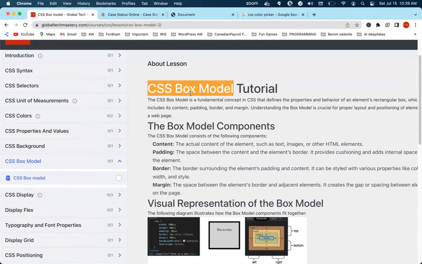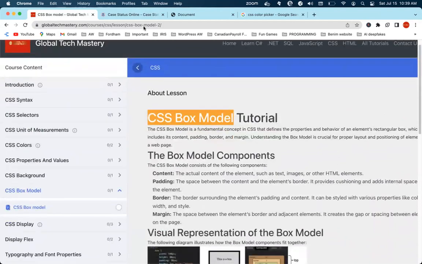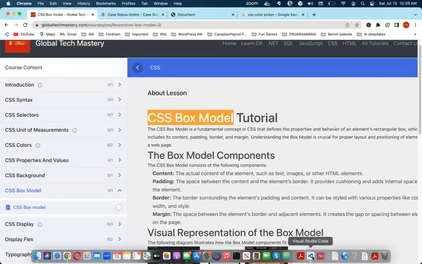Very, very easy. There is nothing you will do amazing things, guys. The box model. It's not complicated, you can see, very short. So let's demonstrate the box model,